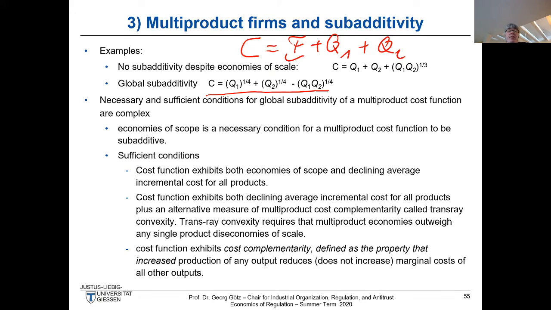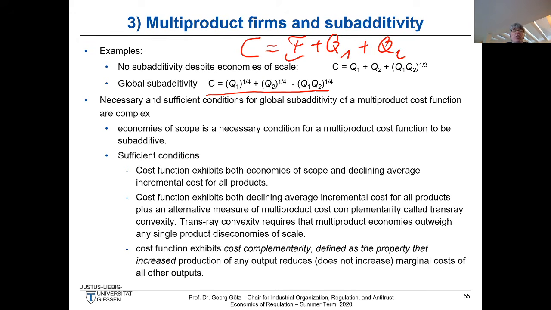And it also has economies of scale, because of course, due to this F again, if you increase, for instance, ray average cost, if you increase the output, if you keep that ratio constant, you could do that just by doubling Q1 and Q2. You would see that divided by Q, this part stays constant, and the parts with respect to the Q's and the F over Q get smaller. Okay, that's the easiest example. We will have more examples here.